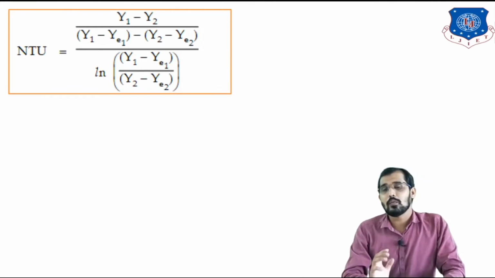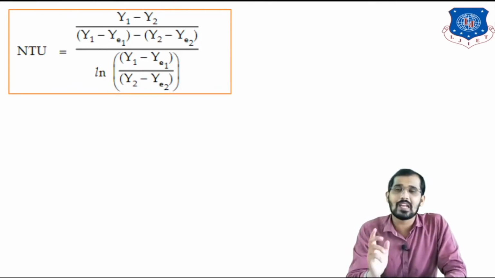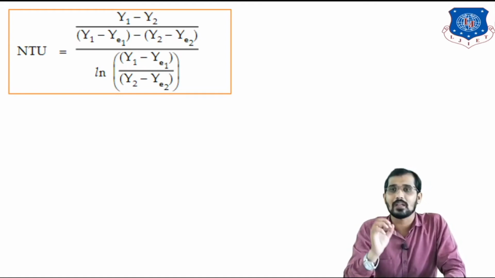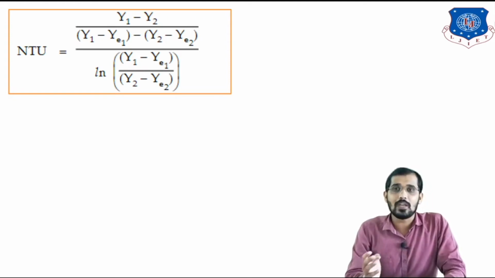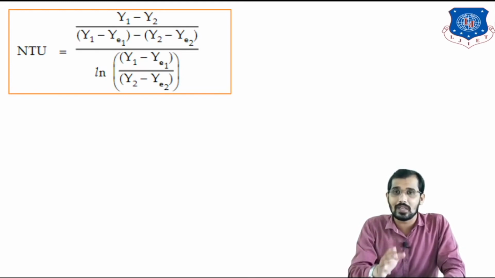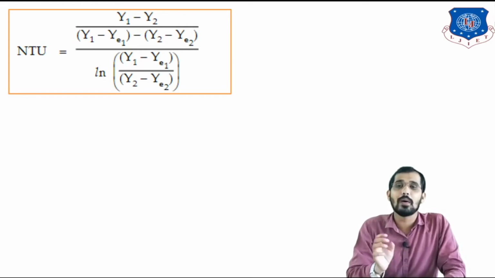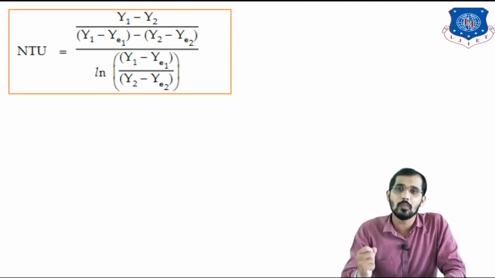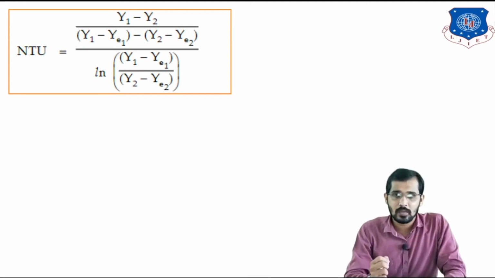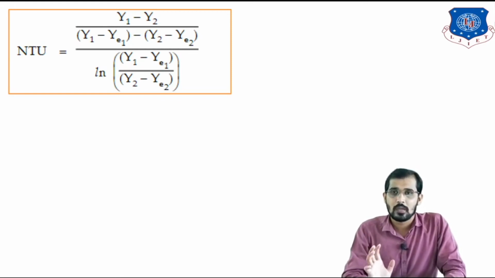You can see we have to calculate NTU. Why are we calculating NTU? Because we know that Z, the packing height, is equal to NTU into HTU. Z is given in our question, that is 0.42, and we have to calculate NTU by using the various values we calculated in the previous slide. After that, we will have the NTU value and Z value, and by using the formula Z equals HTU into NTU, we can calculate HTU, the height of the transfer unit, which is the requirement of this question. Before that, we will calculate NTU, the number of transfer units.